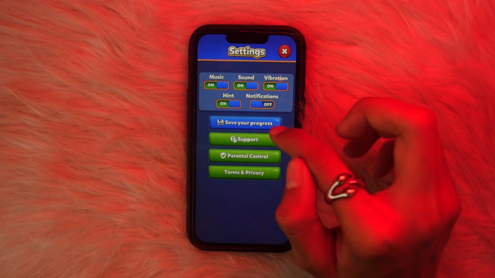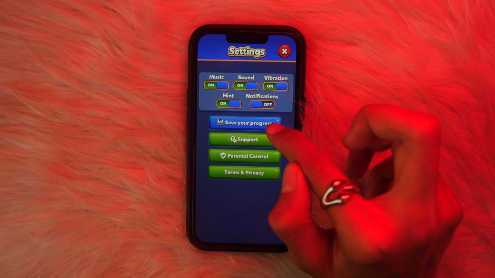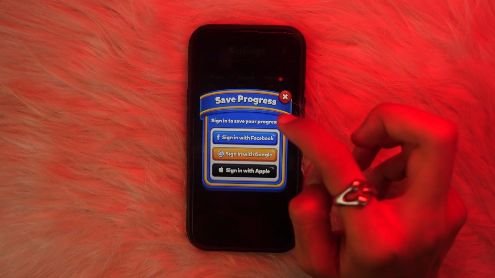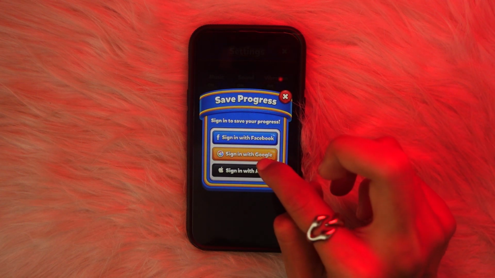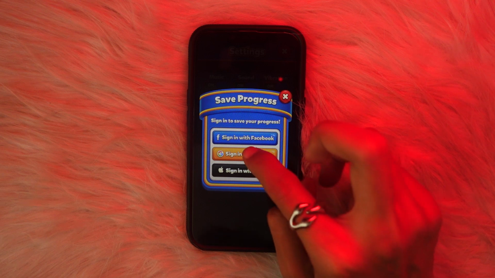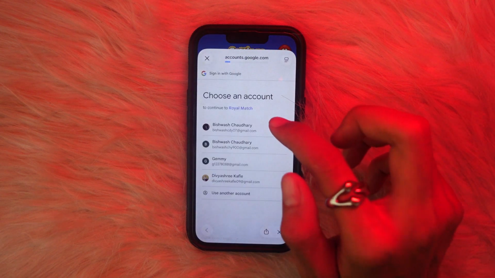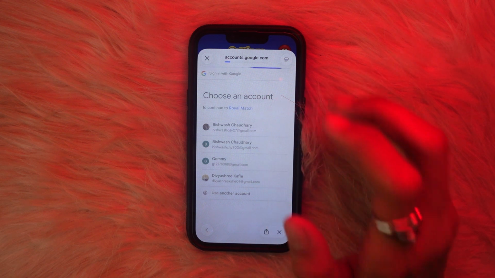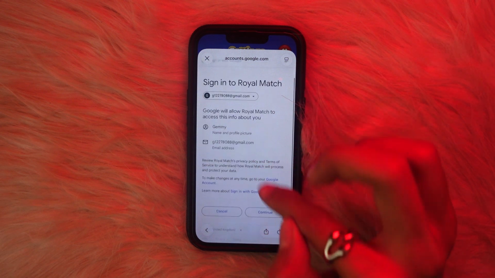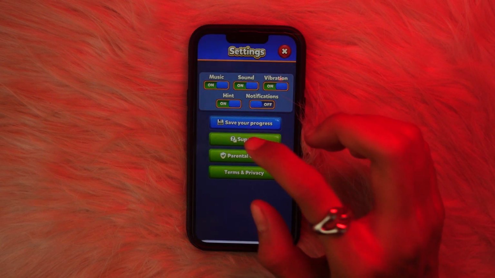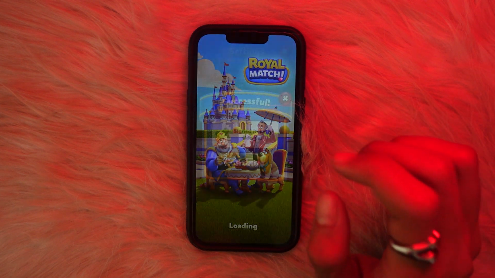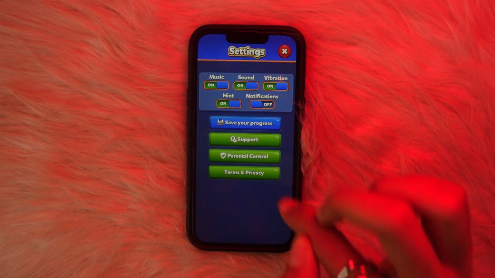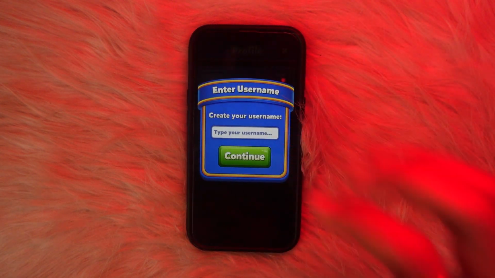button, that's our settings, and tap on the save your progress option, and you can sign in with your Google, Facebook or Apple account, and just select wherever you wanna connect this game, and select your Google account if you are using a Google account, and they will ask you to give access to your name, profile picture and email, and then tap on continue button, and that is how you can sign up into your